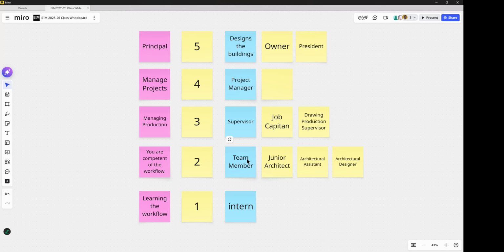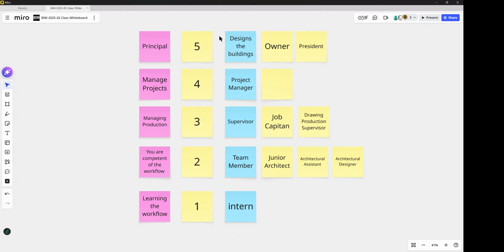Some firms, all of this is wrapped up in one person. A lot of people I know that were in my year, how they got started, they did everything in blue. They talk to the client, they manage the project, they supervise it, they do the drawings, they do everything, which is kind of difficult, right?